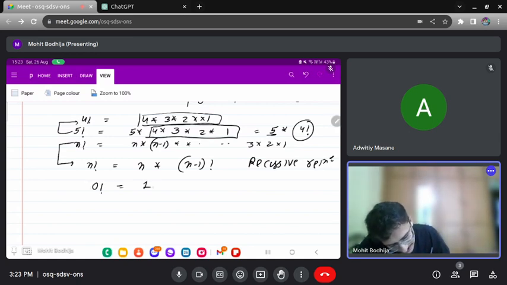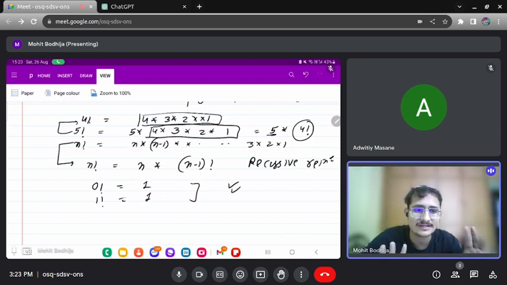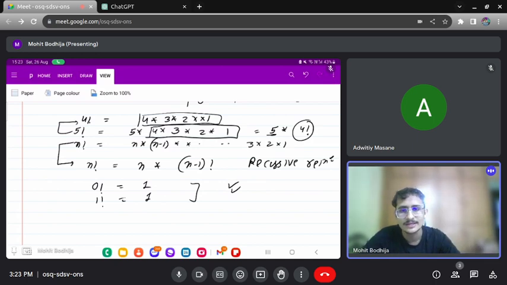So we know that 0 factorial is 1, we know that 1 factorial is also 1. So you can use any condition, because if you are going to multiply any number with 1, the answer is going to be the same, so you don't have to change the value, and you don't have to worry about the number. Okay, so we have got the recursive relation and we also got the base condition, right? So with the help of the two we are going to write our recursive call.